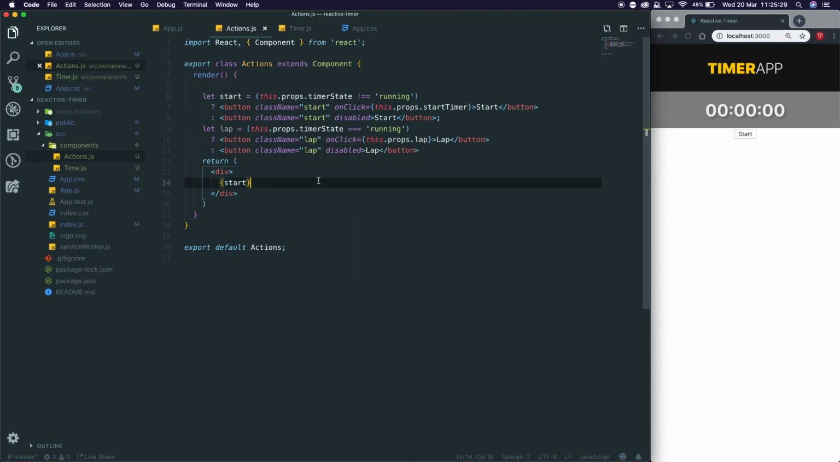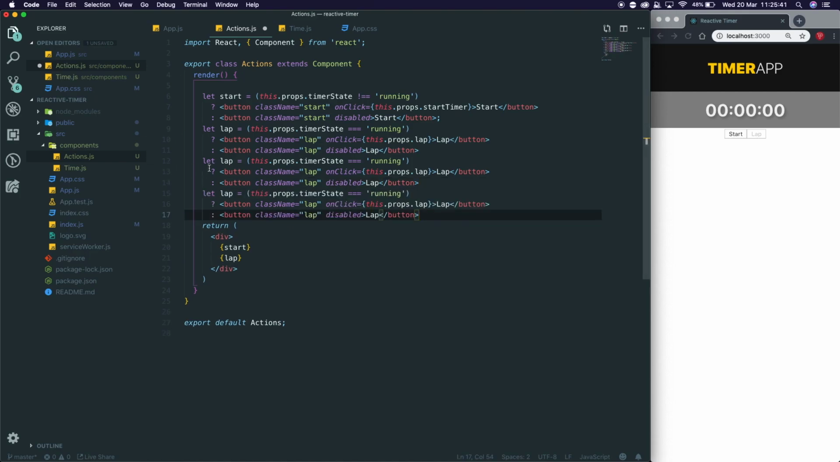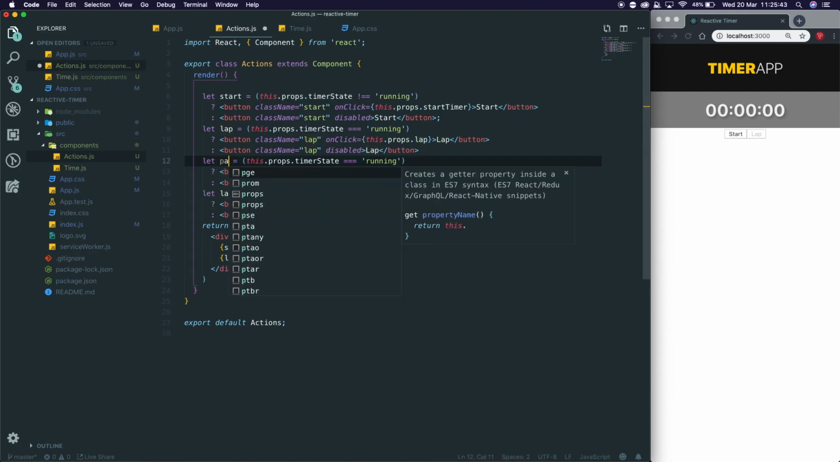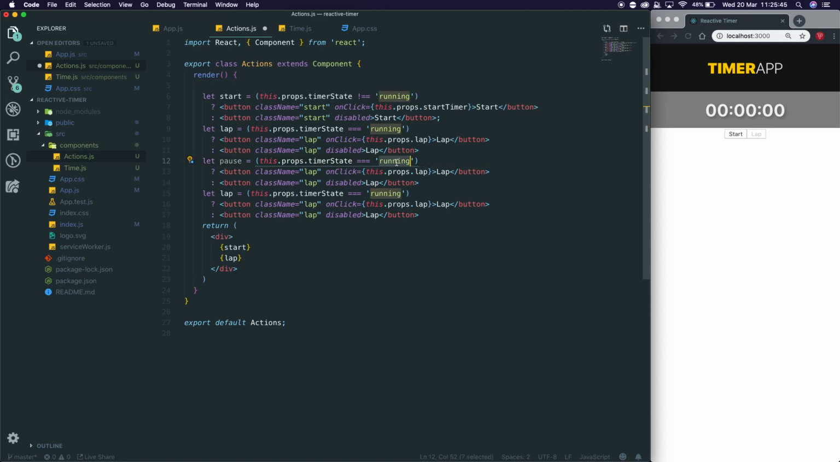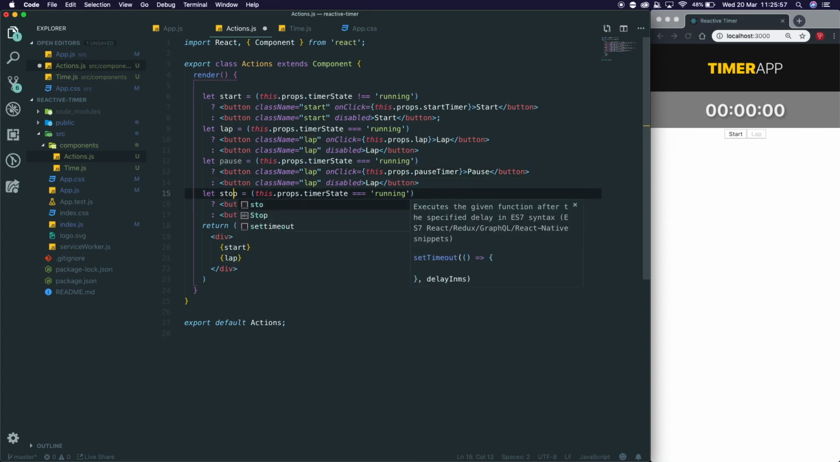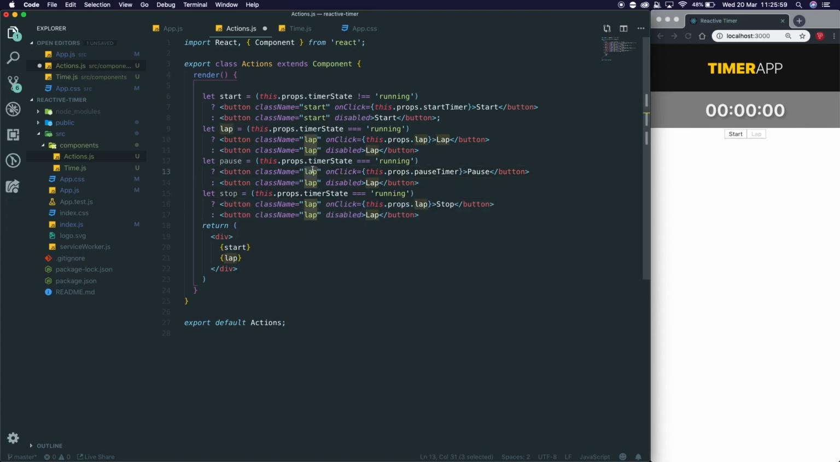And let's save. Oh, and then we need to call it in here. There we go, so the lap is in there. Let's copy and paste this now so it's a bit quicker, and I'm going to get a pause button in and a stop button. So let's call this pause, and if pause is equal to running, it will be the same. We're going to say this.props.pauseTimer, and we're going to say pause, and here we're going to put stop quickly and stop, and the class is going to be equal to pause,